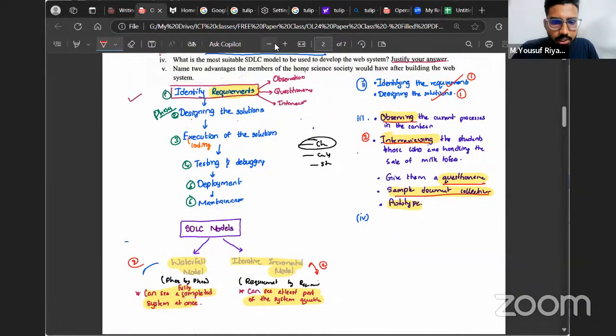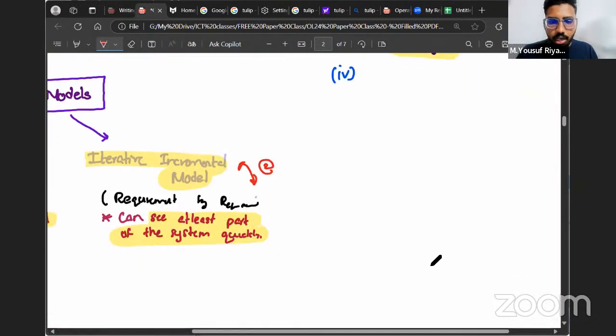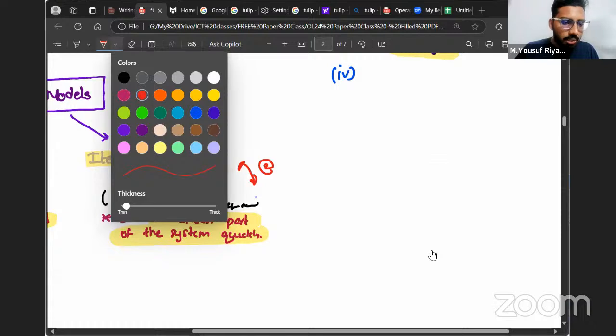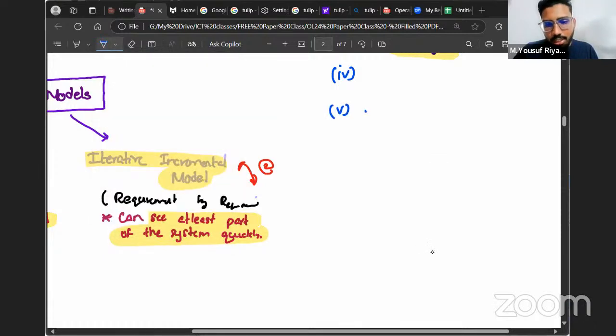If you have any questions, drop in the chat. Name 2 advantages the members of the home science society would have after building the web system. Okay. Now, in this question, what they are asking is mainly the advantage of a computer-based system compared to a manual system. When you take a manual system and computer-based system, one of the advantages you can mention is